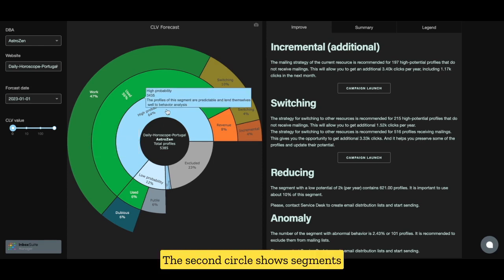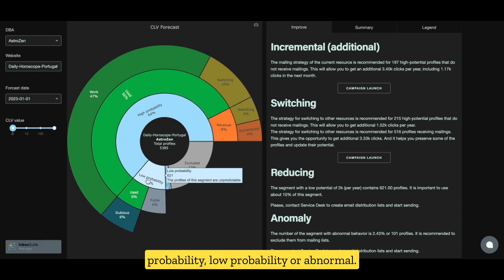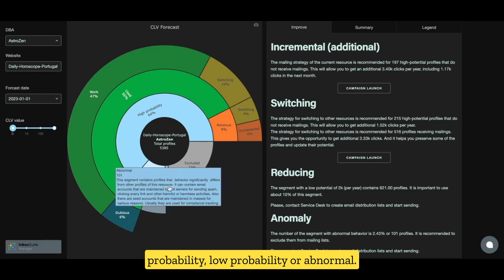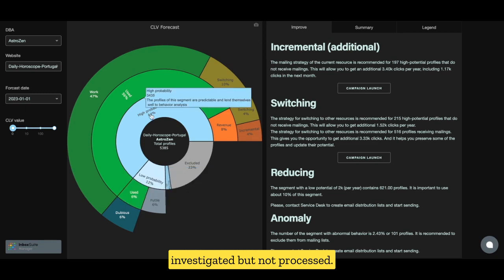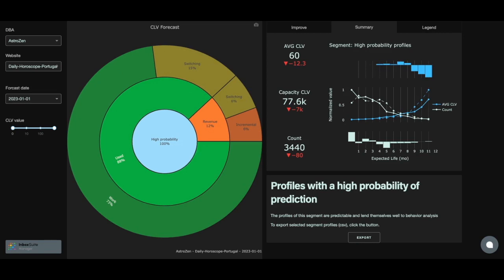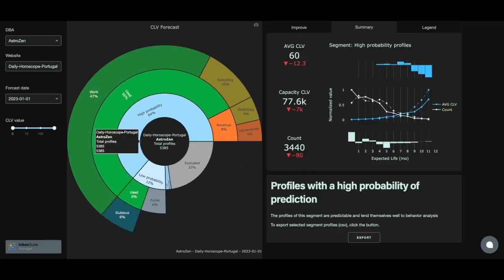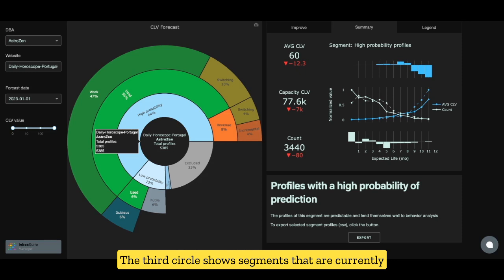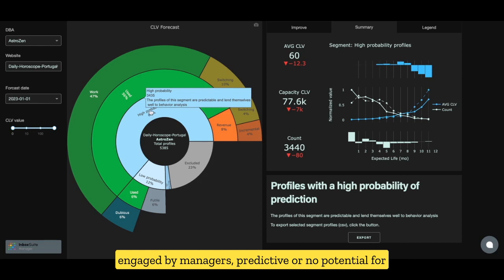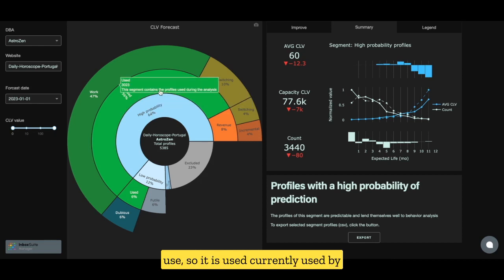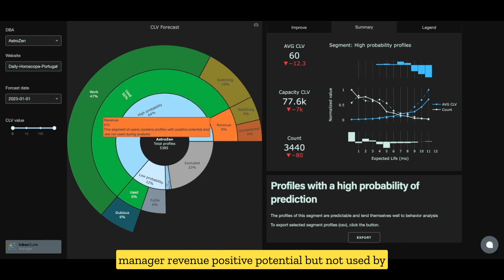The second circle shows segments with different click probability: high probability, low probability, or abnormal. Currently, the segment is being investigated but not processed. The third circle shows segments that are currently engaged by managers, predictive, or no potential for use. So it is used, currently used by manager, revenue, positive potential but not used by managers, and futile, unused profiles